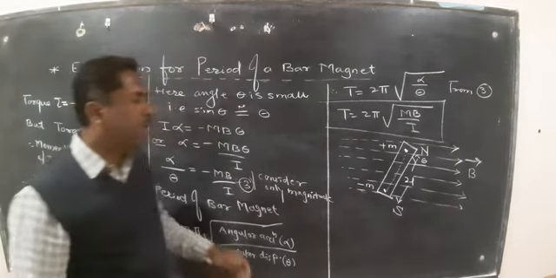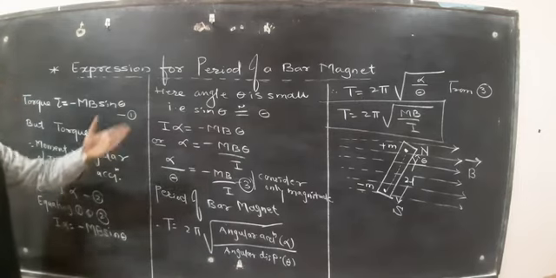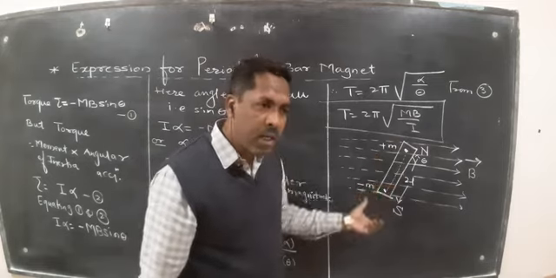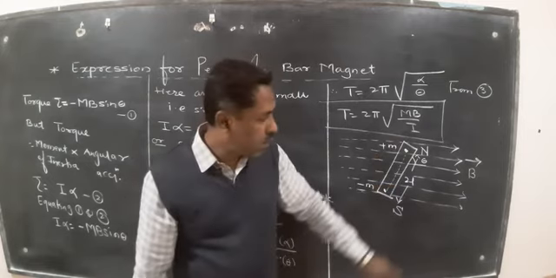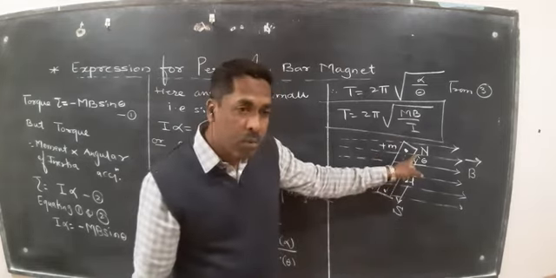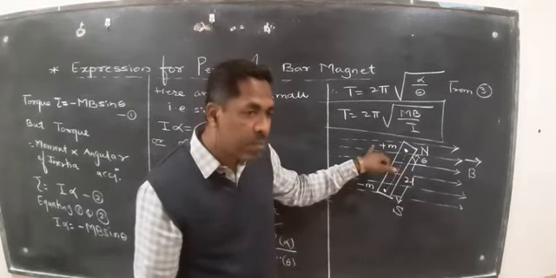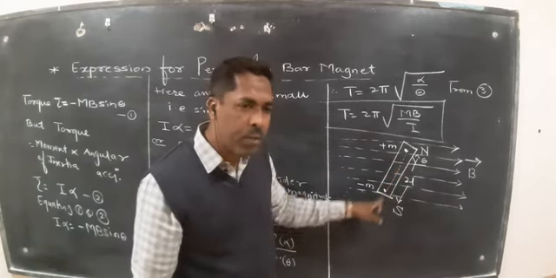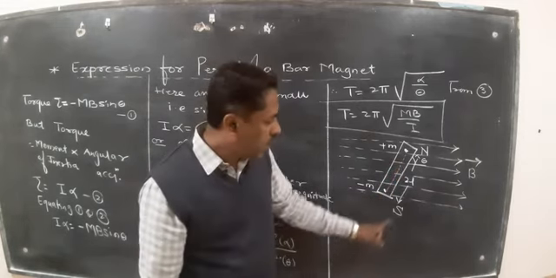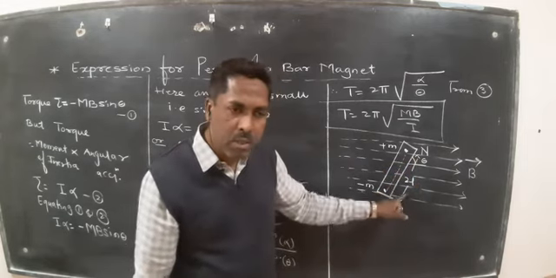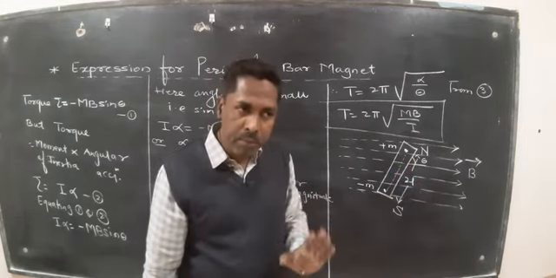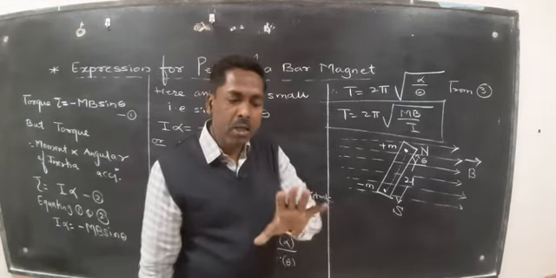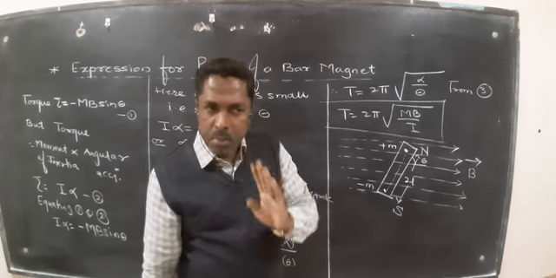How do we obtain this period formula for a bar magnet? Let us consider a bar magnet is kept in a uniform magnetic field of induction B, having north pole and south pole with pole strength plus m and minus m, and there is a line joining the two poles of a magnet called the magnetic axis. The distance between two poles of a magnet is called magnetic length, represented by 2l. Take another magnet nearer to this magnet. What happens? This magnet comes under action and rotates about its axis.